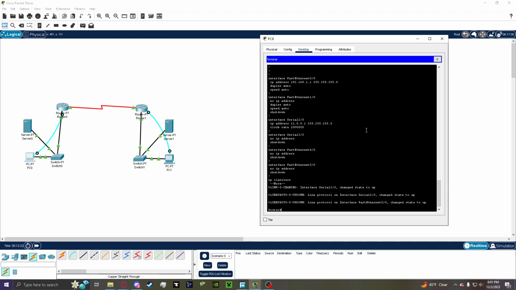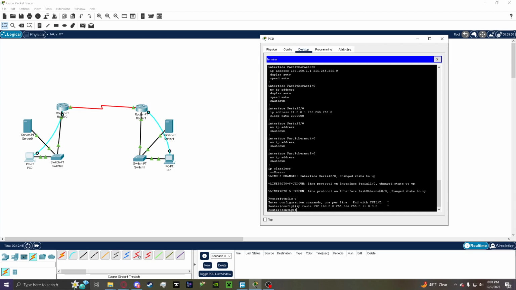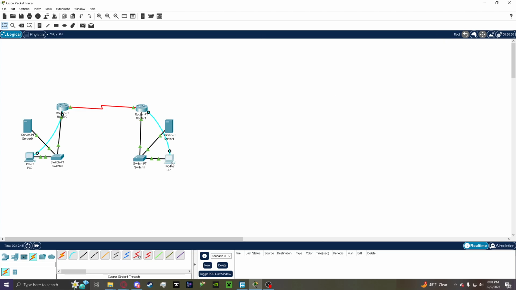We're going to make sure we're in just #. Then we're going to go to config t, ip route 192.168.2.0, because we're trying to make it across this line right here, 2.0, 255.255.255.0, and then we're going to do 11.0.0.1, or no, sorry, .2, so it knows that it's trying to get over this serial cable. We're going to put that in there, and then we're going to go over to PC1